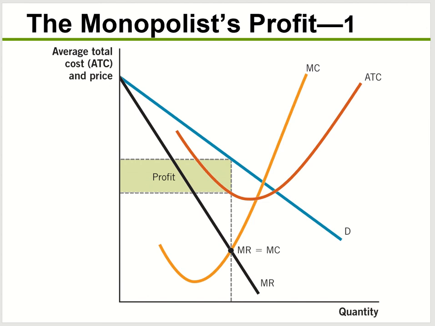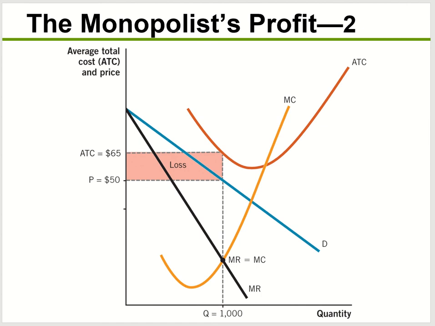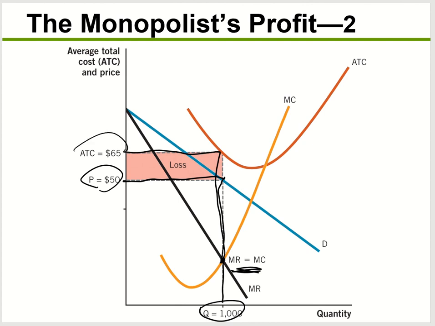All right, now in this situation, let's look at what we're looking for first. First, where the marginal cost equals marginal revenue. Right here, go down, get your quantity, go back up to the demand curve, and get the price, which is 50. Then go back up to your average total cost curve and get your average total cost, 65. So for this market, this company is losing money, because your price is less than average total cost.